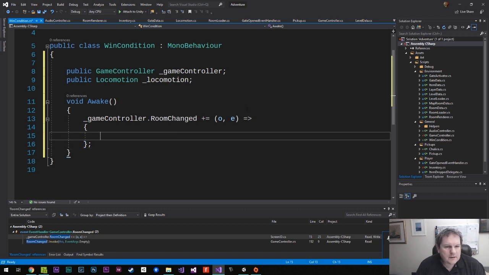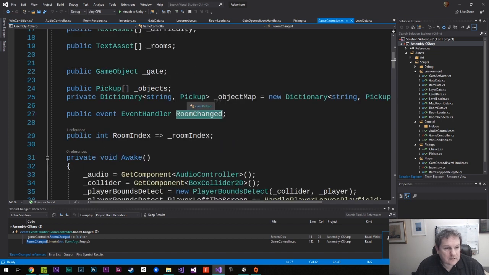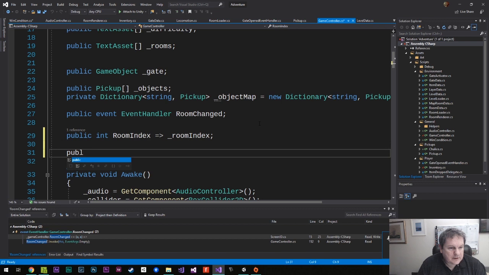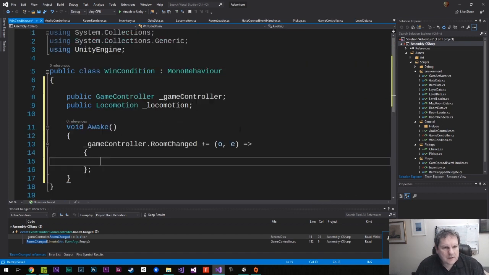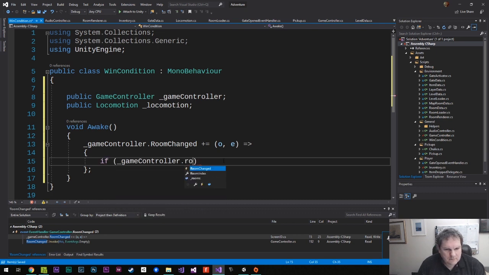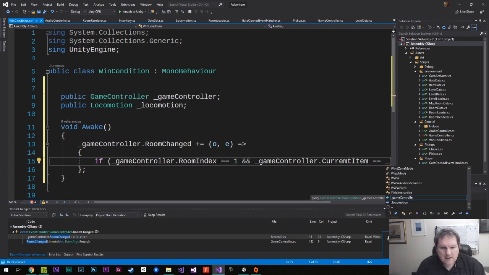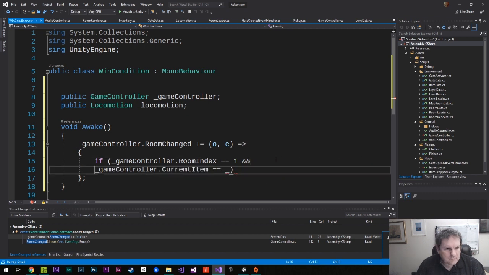All right. And then what I want to do in here is I want to check the current room, and I want to check what the player is holding. So I need to have public string current item. And so I want to say if gameController.room index equals 1 and gameController.current item equals, and then